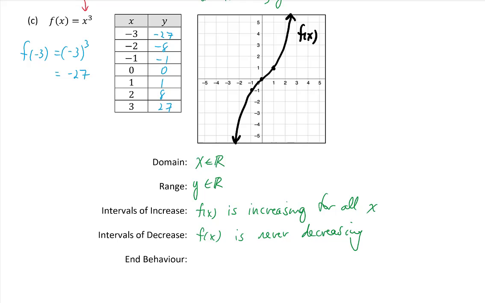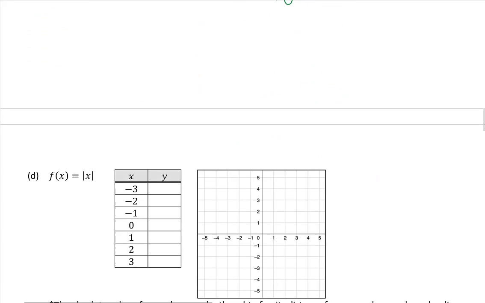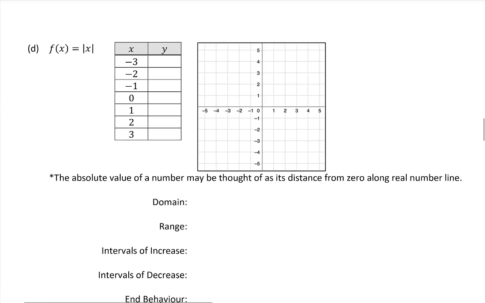And finally, end behavior. We see as x goes to infinity, as we get larger and larger x values, y goes to infinity, the y values get larger. And as x goes to minus infinity, y goes to minus infinity. Let's keep going. Next function, which you may have learned in grade 11 or may not have, is the absolute